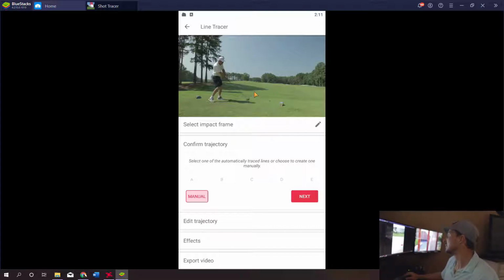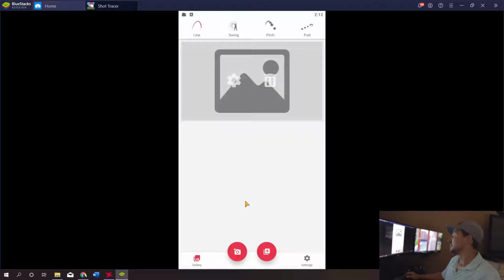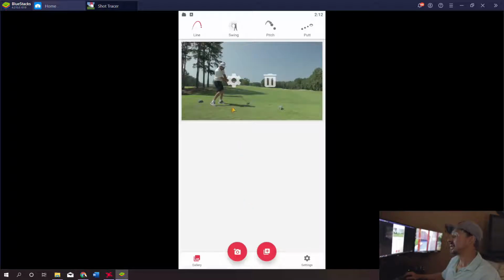It didn't pick it up, and this is what happens if it doesn't pick it up. You won't see it shoot out here. You'll see manual selected. But if it does, if you have an arc, you'll have A. Sometimes you'll have B selection. It'll give you a choice. But this one unfortunately did not pick it up, so we have to go manual. So it's already selected, so we'll go next. And then see it crashes and you have to open it back up. So we'll hit the gear,